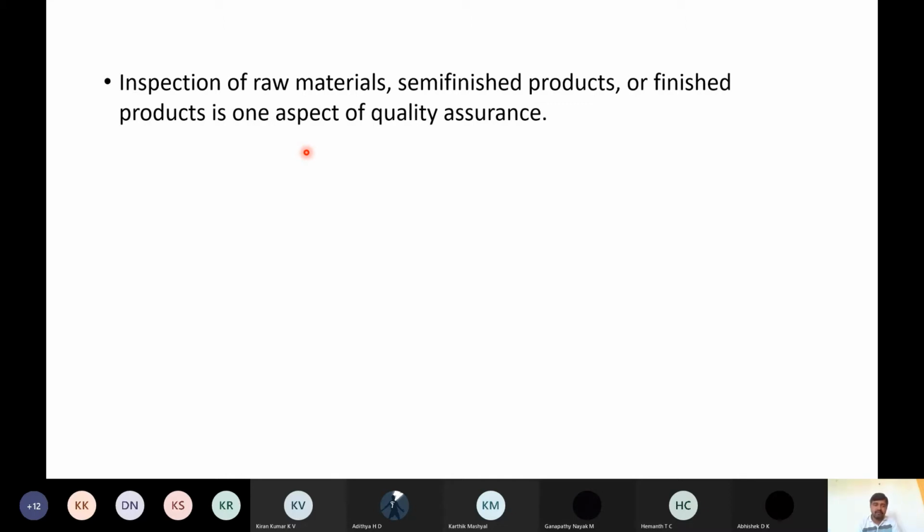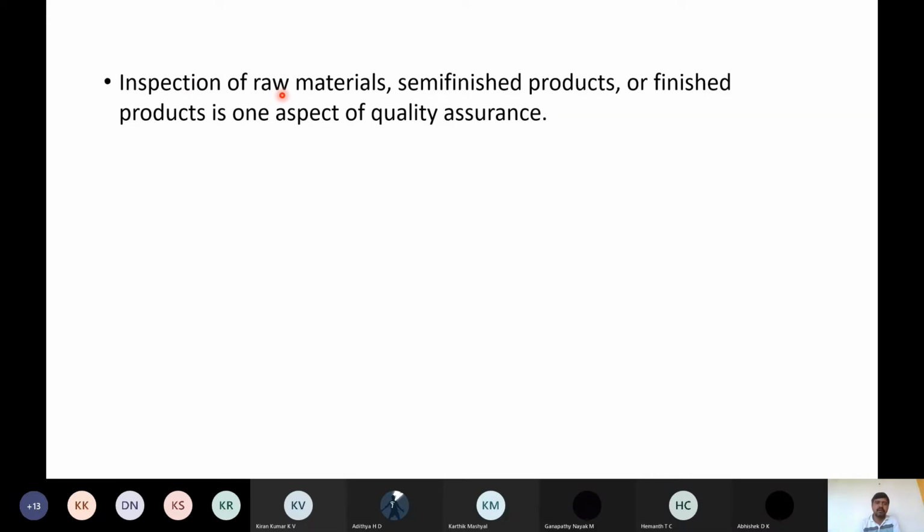So you are picking a few samples and evaluating the quality of those samples. Based on that, you are making a decision whether to accept or reject. You are not evaluating quality in detail; what you are evaluating is whether to accept or reject. Like when we buy vegetables or fruits, we pick a few samples and make a judgment whether to buy from this vendor or not. Similarly, in industries also, they make a decision based on evaluation of the quality of a few samples. So that is acceptance sampling.